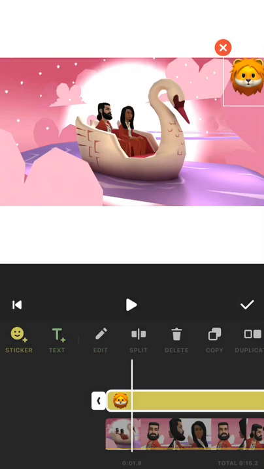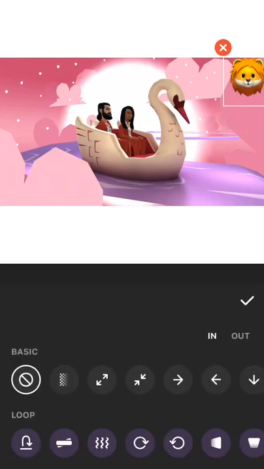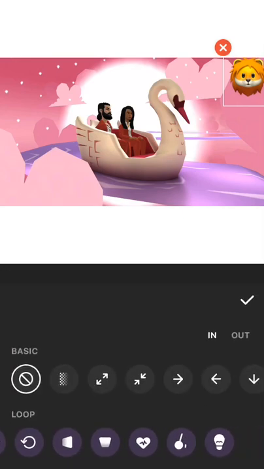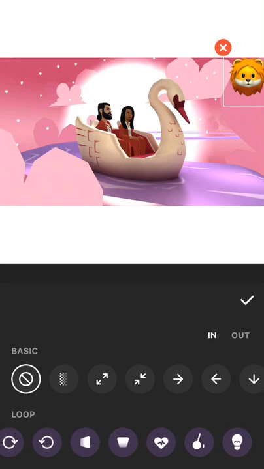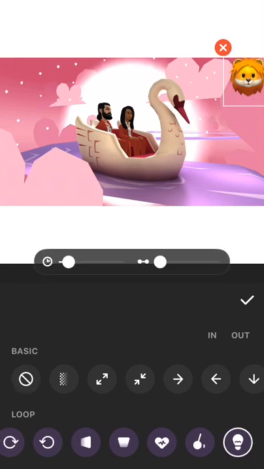Now you could also make some editing on it. You could see I'm still on it, so click on edit. Now the edit will bring out some loop options. If I click on the one that looks like lights, look at what it's doing. It's blinking like a bulb. This other one again, can you see? This other one again, majority of you, if you notice, that's what I use for my own